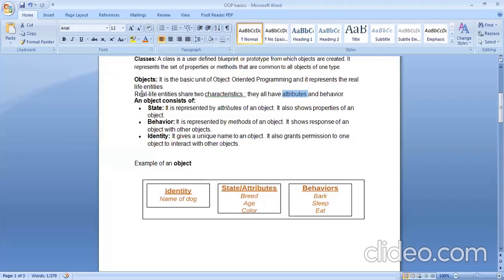So you and I belong to a similar type of objects. We are human beings. Just understand what I'm saying. I am an object, you are also an object. The laptop is also an object, my phone is also an object, books are also objects. Bags, pencils, pens, cars, vehicles, animals, trees, everything that you see around you is an object.